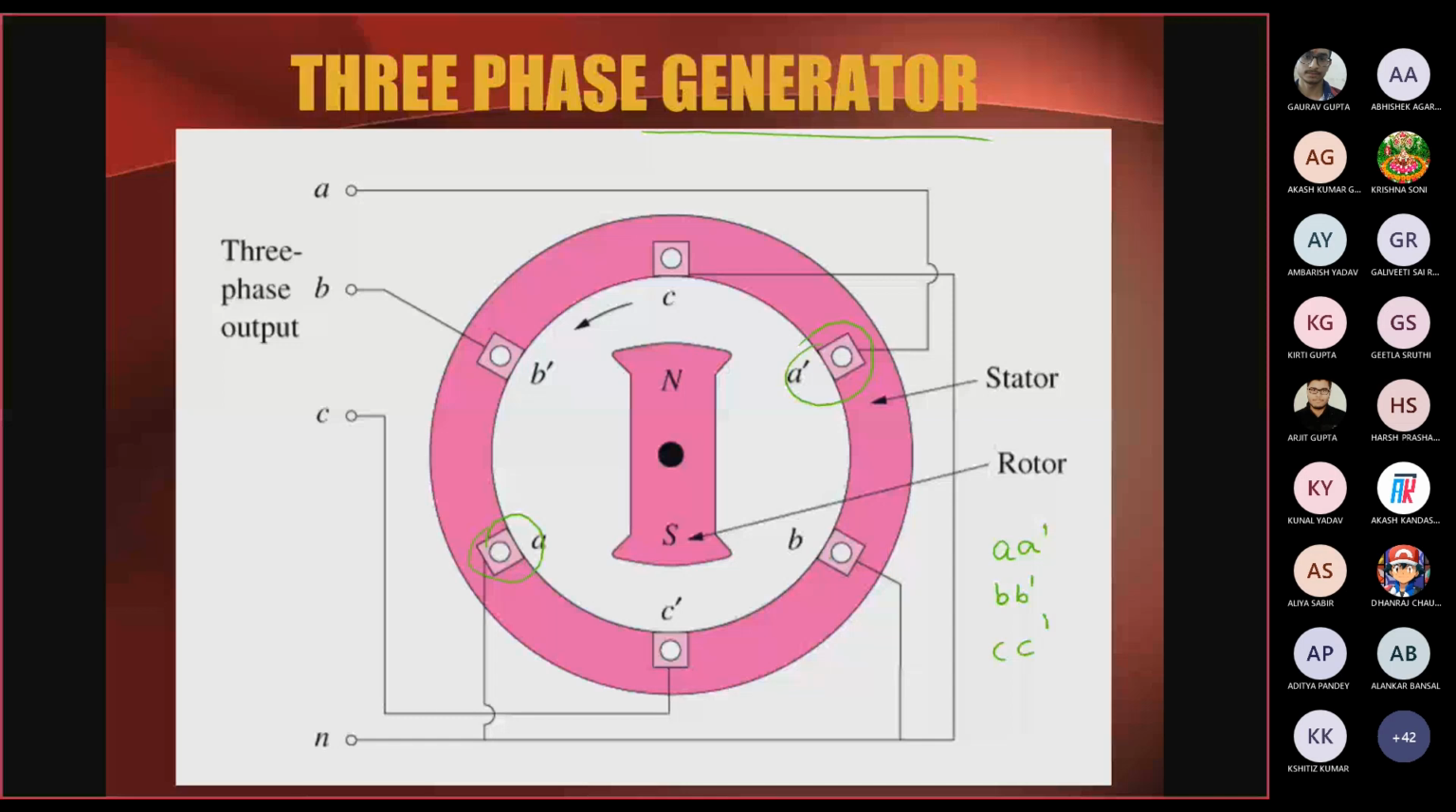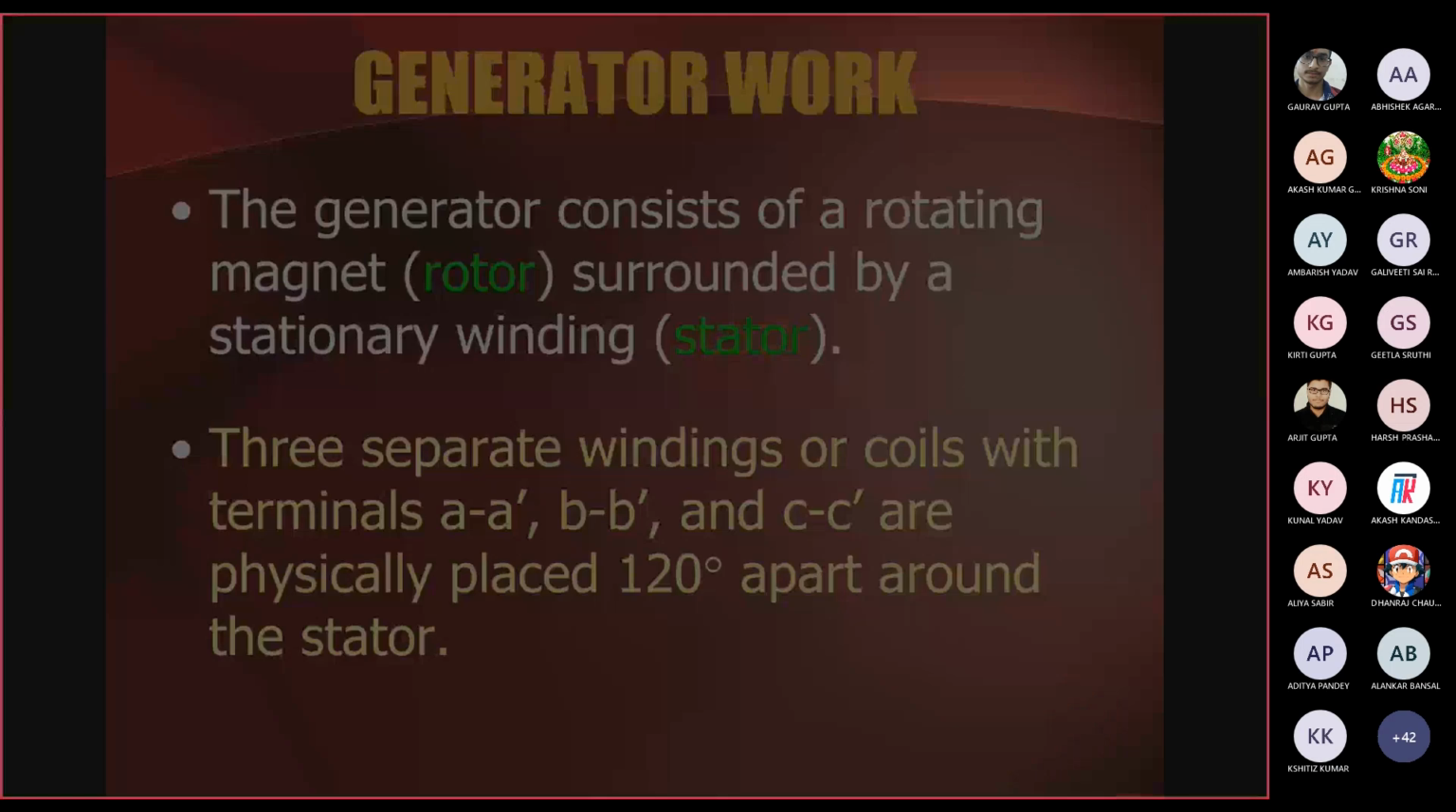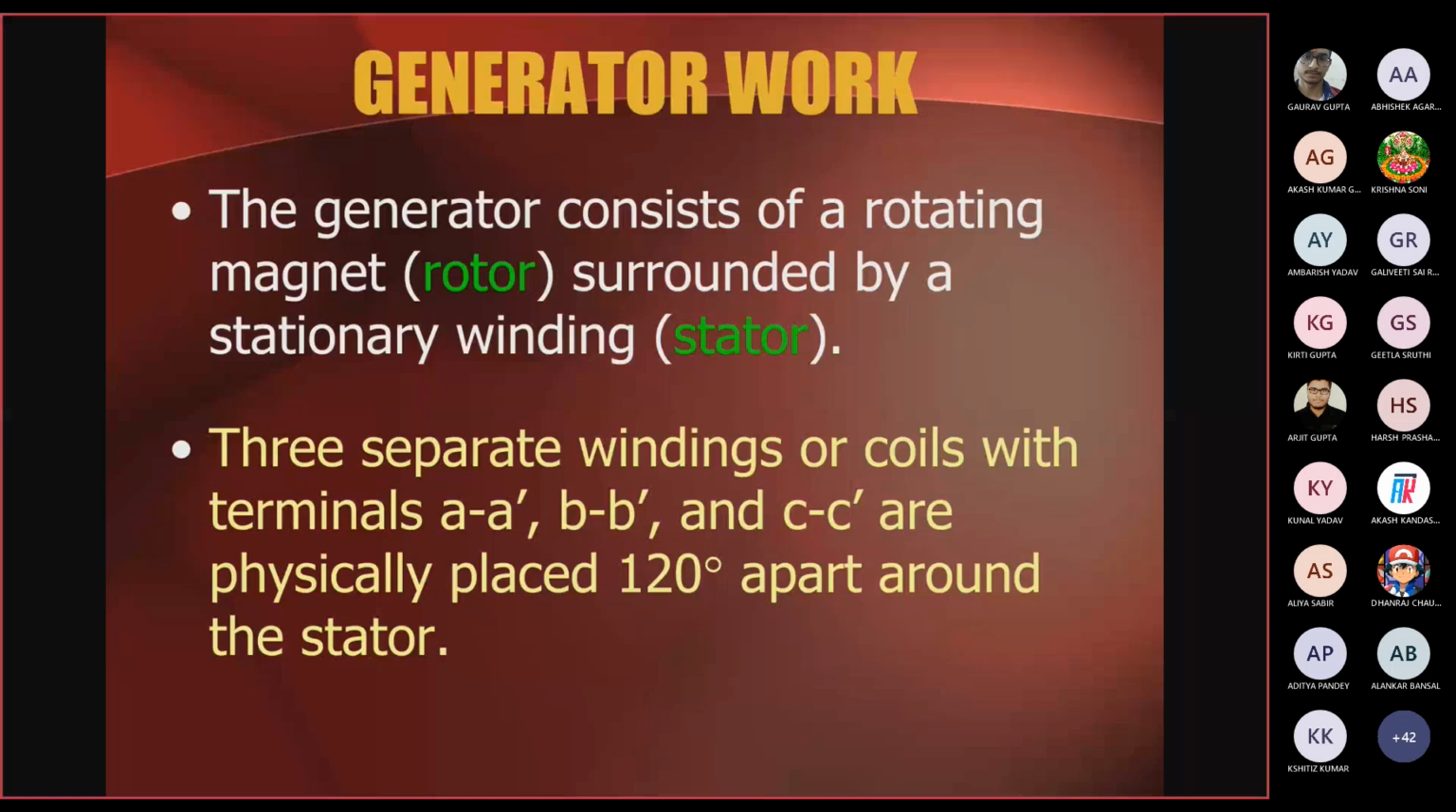So each coil is for a separate phase, right? Like for A phase we have the A dash coil, for B phase we have B dash, and for C we have the C dash coil. Now the generator consists of a rotating magnet surrounded by a stationary winding, right? So both possibilities can exist: either your field winding is rotated or the armature winding is rotated, with the field winding static. Both are possible, but it has been observed that in case of a three phase system, especially when I'm talking about a generator, alternator or three phase synchronous generator, both are the same. It has been observed that the system is economical as well as efficient if your field is rotating